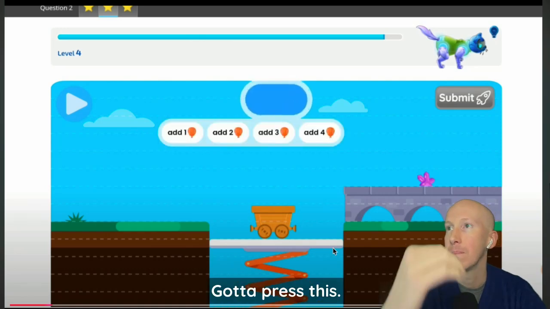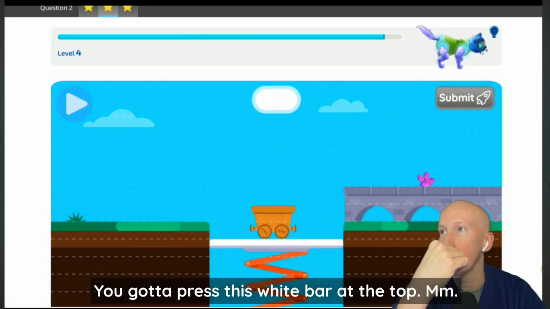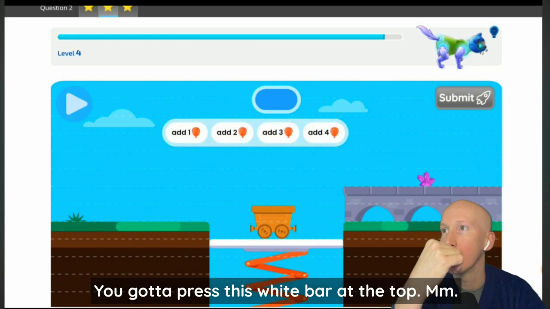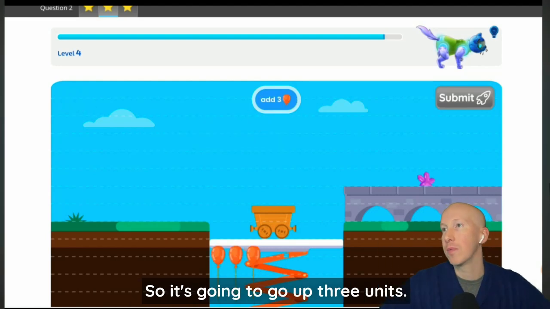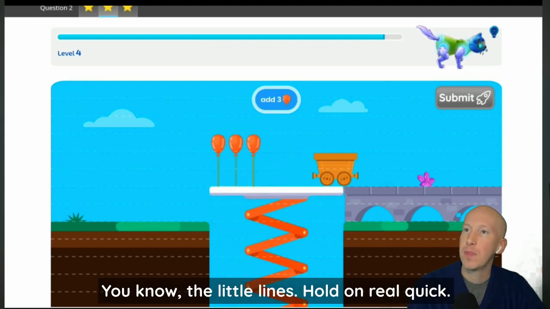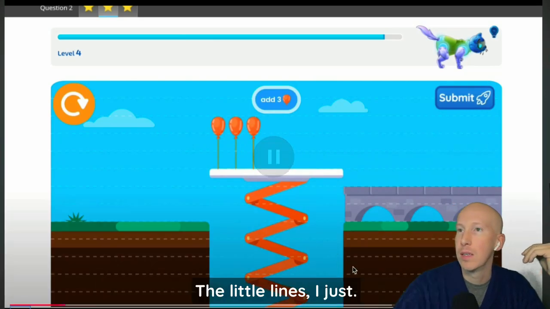Right. Gotta press this. You gotta press this white bar at the top. Mm-hmm. So I think I need to add 3 balloons. Uh-huh. So it's going to go up 3 units. You know, the little lines, hold on real quick. The little lines,